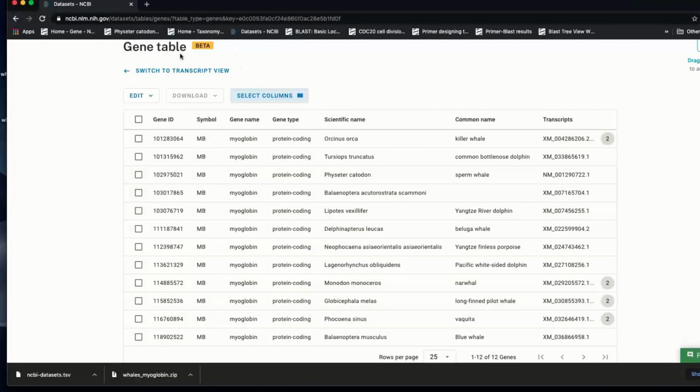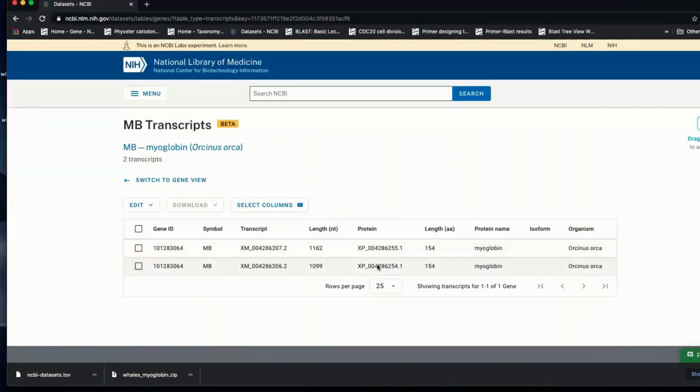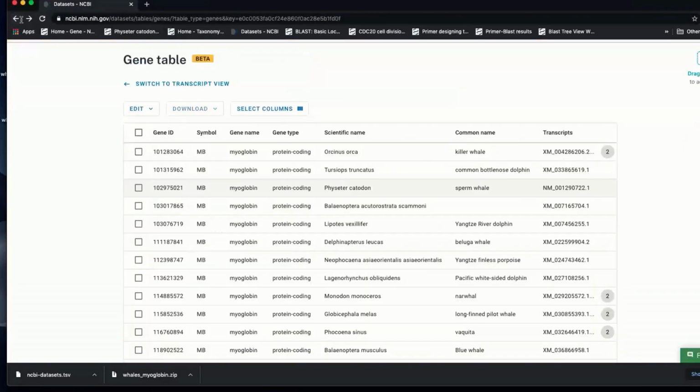Another thing to notice is we're in gene view, and it shows that there's 2 entries for orca. So there's more than one gene view. I'm not sure if that means there's paralogs or stuff like that, but that's kind of cool too. And you'll see there's 2 different links here. So there's 1099 and 1162. So I may only just want one